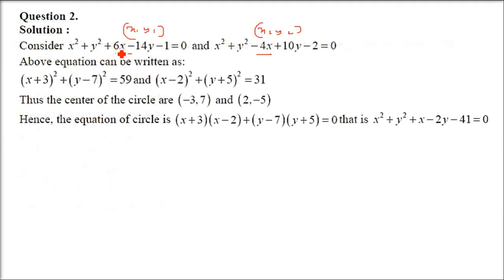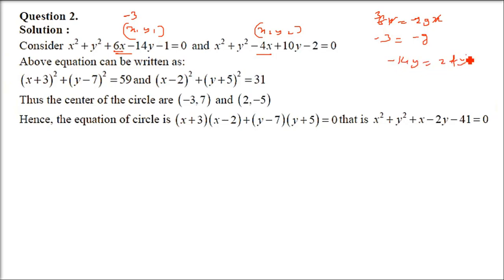So what you are going to do, I hope you will be able to find out the center. Just compare this, I'll do one for you. 6x compare with 2gx. The x gets cancelled, 2 threes are 6. So you have to find out minus g, not g. So minus g, that is minus 3, is the center, that is the first